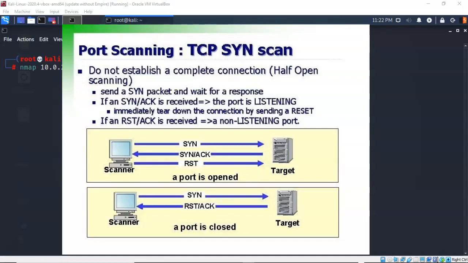The machine running Nmap then tears down the connection by responding with a reset rather than an acknowledgement packet, which would have completed that three-way handshake and established a connection. But we don't want to establish the connection. By not establishing the connection, or having a failed connection attempt, anything that is watching or monitoring the network will probably ignore whatever it is we're doing